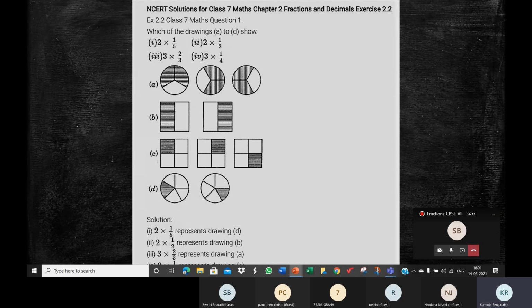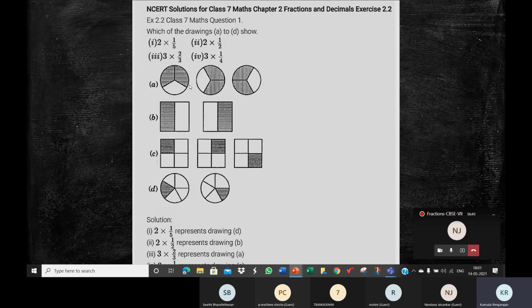See this one, children. Now, represent this. Use a fraction. What fraction does the shaded region represent? Ma'am, 2 by 3. Yeah, here in the next one. Ma'am, 2 by 3. Next one. Ma'am, 2 by 3. So it's 2 by 3 plus 2 by 3 plus 2 by 3.